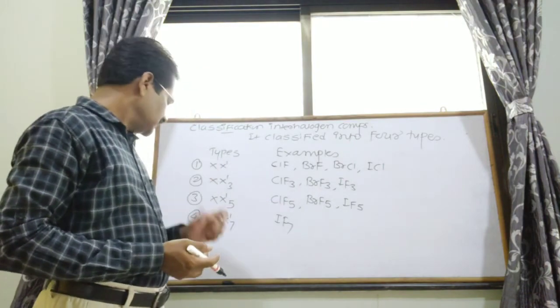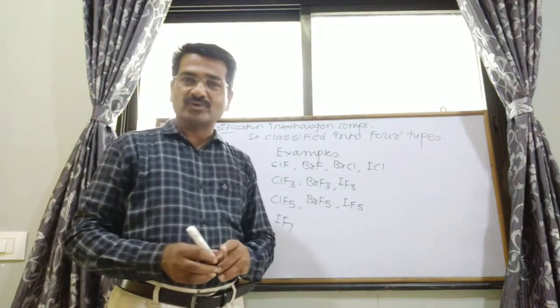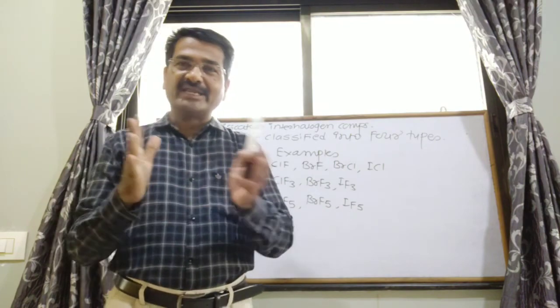So all these are the types of interhalogen compounds depending upon their variable oxidation